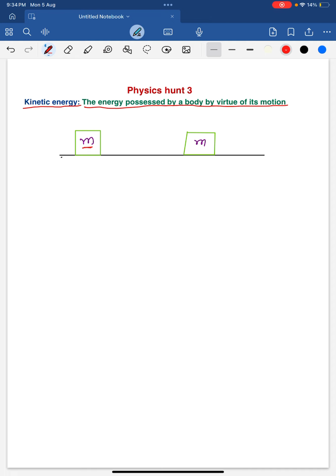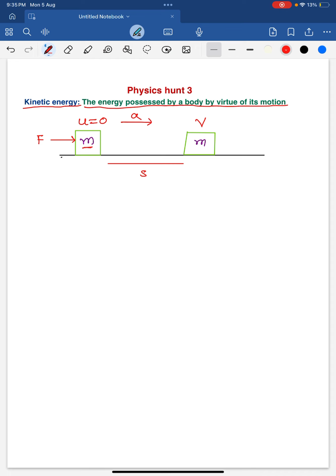This is an object of mass m, placed on a horizontal surface. Let us assume initially the object is at rest, so we can write the initial speed of the object as 0. Suppose I apply some external force on this object along the horizontal direction. Due to this external force, the object covers some displacement s, and it acquires some acceleration, and the initial velocity of the object changes